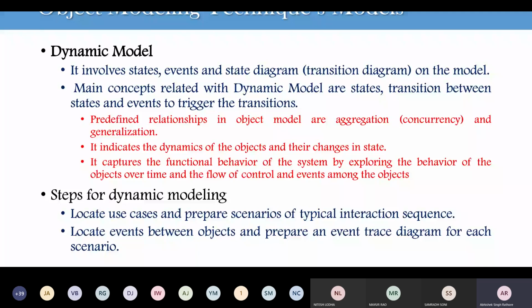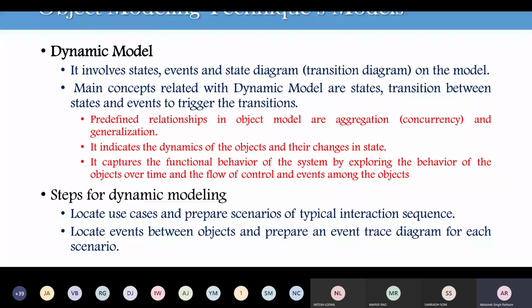We'll start with the domain model, and I will tell you the main reasons for starting with the domain diagram instead of the use case diagram. Although even 90% of practitioners use the use case model as a first step, we'll start with the domain model in tomorrow's class.